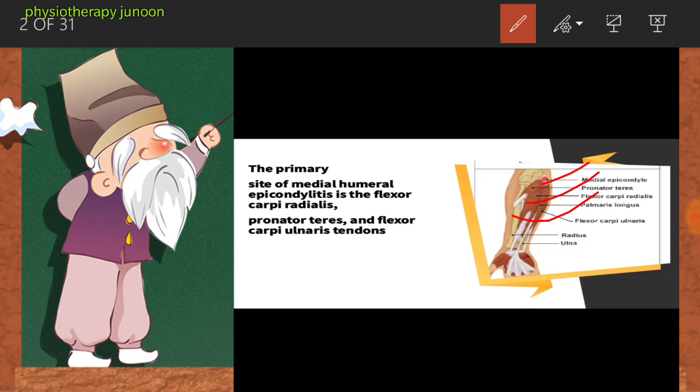The onset of medial epicondylitis is commonly in patients aged 35 to 55. The duration: one episode may present as an acute case, and the patient is seen 1 to 3 weeks after onset. On the other hand, any one episode could last 2 to 3 months. And the frequency: there is usually a pattern of recurrent episodes over a 1 to 2 year period. You see the difference between lateral and medial epicondylitis: there is no recurrence of the episodes in lateral epicondylitis.